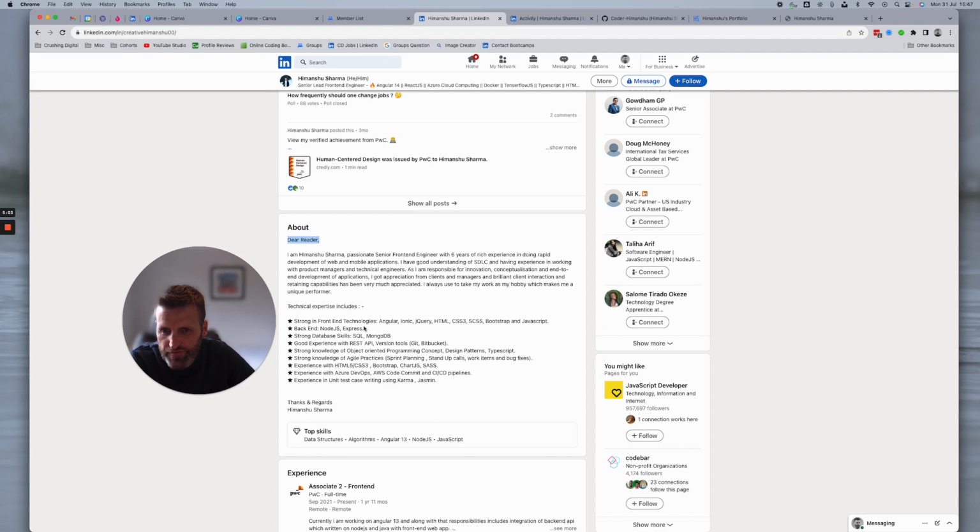So when you say strongly front end, Angular, so it definitely feels like Angular now and Ionic. So I'm less worried about React, Node, and Express in the back end. Strong database skills, good experience with REST API, strong things, blah blah blah blah blah. Agile practices. One thing I would say about this, because this comes up for people doing it on their resumes